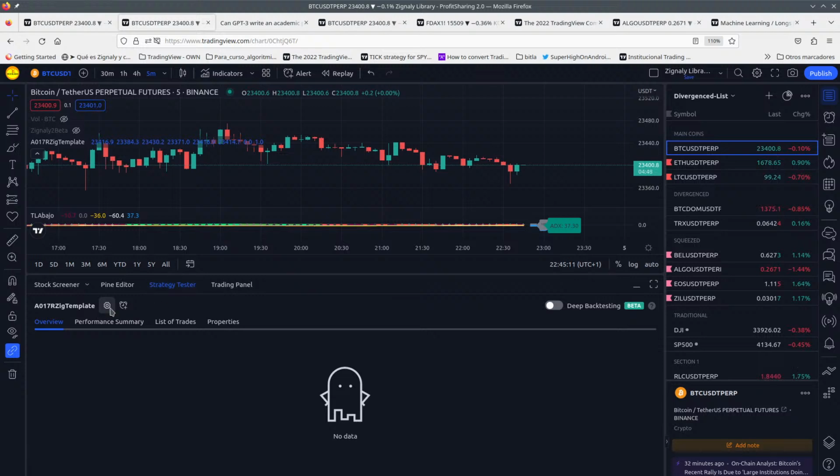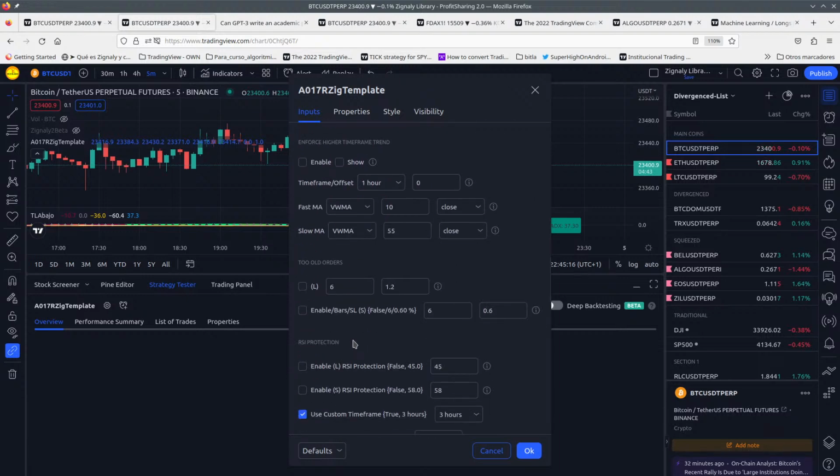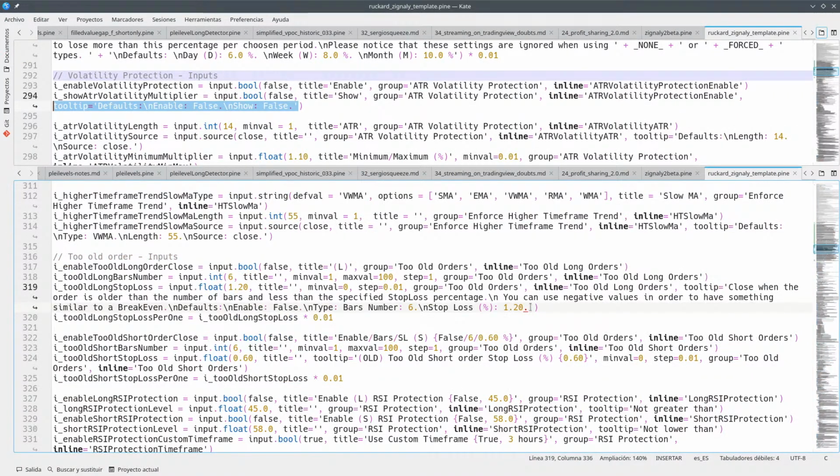Okay, let's try and see what we have here with the old orders stuff. Two old orders. So you have L. And here you can read: close when the order is older than the number of bars and less than the specified stop loss percentage. You can use negative values in order to have something similar to break even. The defaults are enable false, type bars, bars number 6, and stop loss 120%. So this needs to be